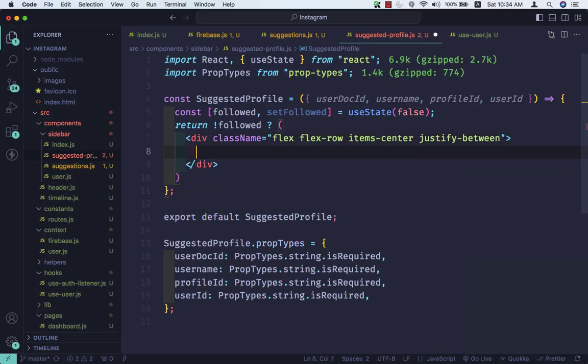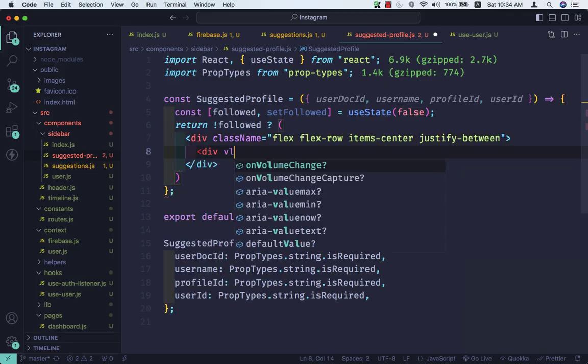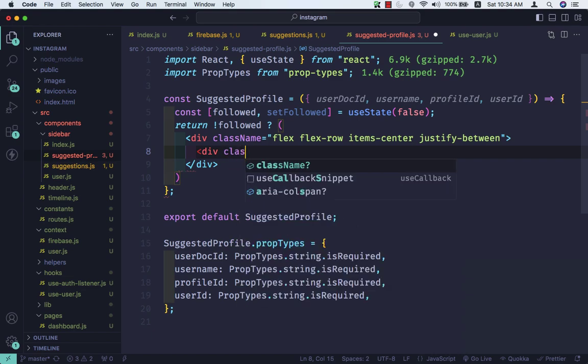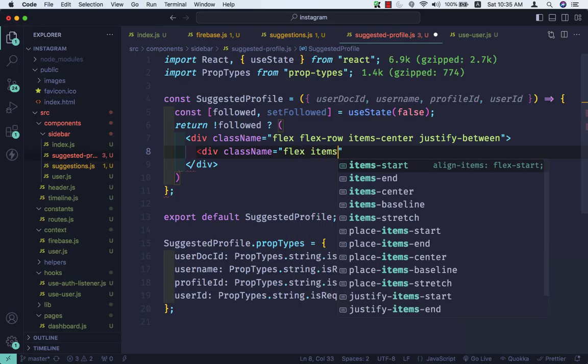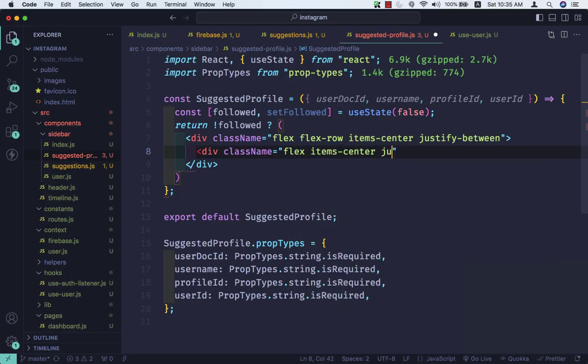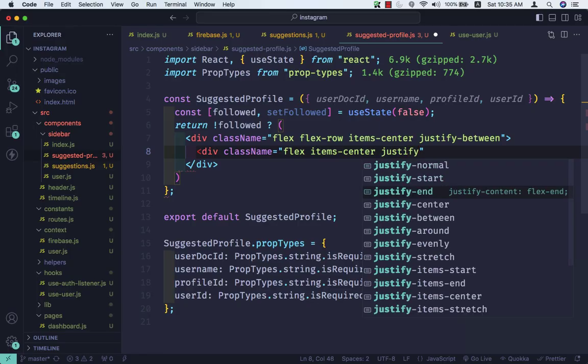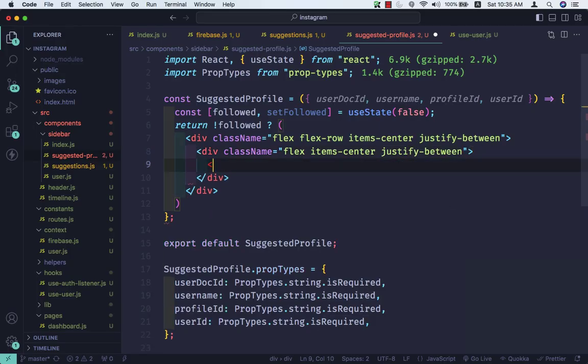We close this div, open a div again with a class name that is going to be flex items-center justify-between. Now inside I'll take an image